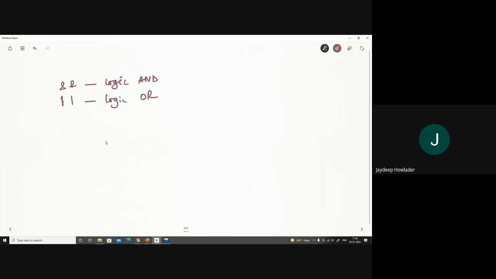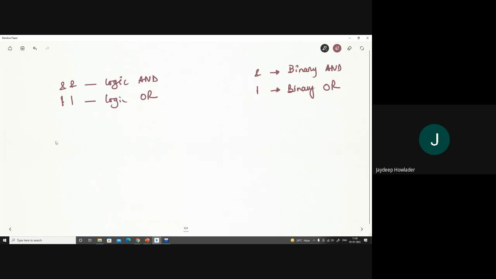And then we have the single AND and the single vertical bar. So this is called the binary AND, and this is called the binary OR. Okay. So what is the difference between the two?